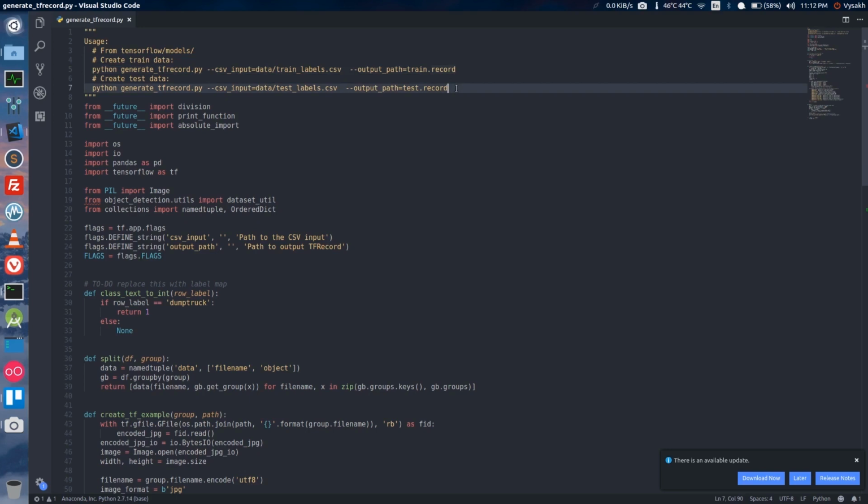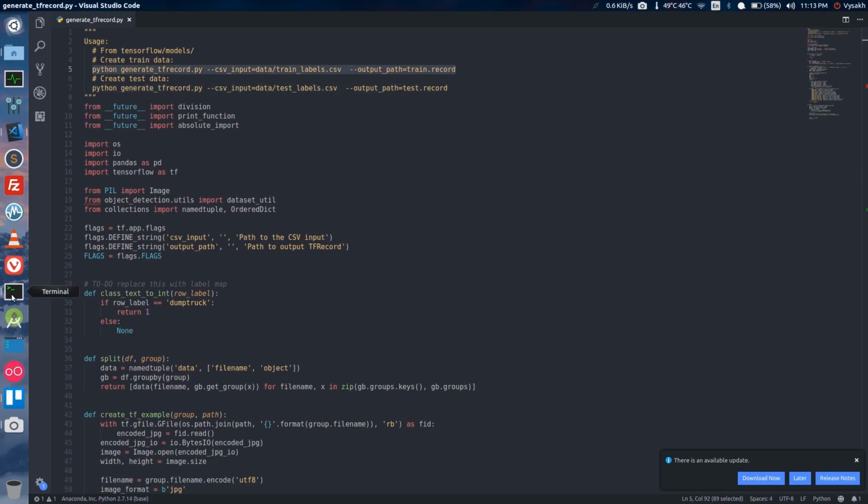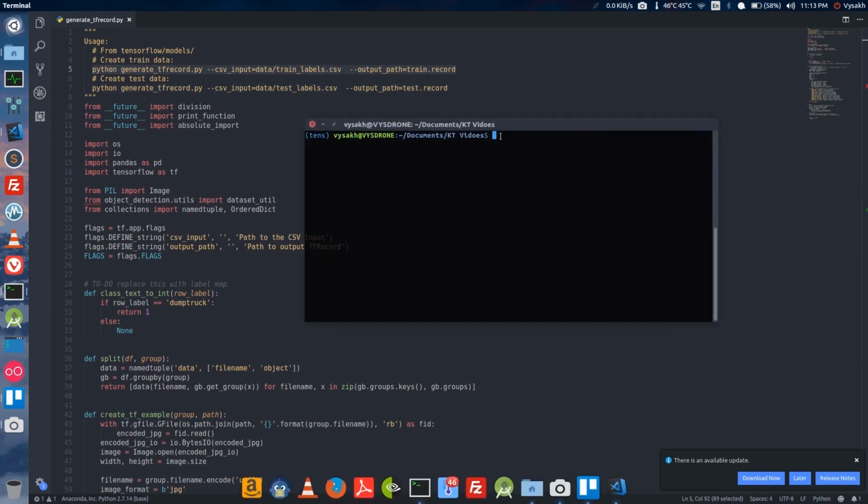the test record file. So first I want to create the train record, so let me go ahead and copy that, open the terminal, and paste it there. Now the changes that you need to make are to properly specify where you require the train record to be created. For me, I would prefer it to be created inside the dat folder. So let me make that change,